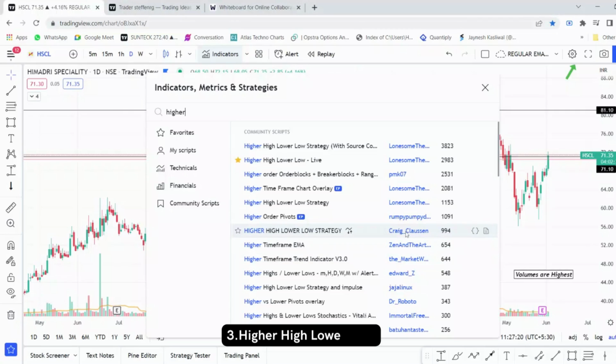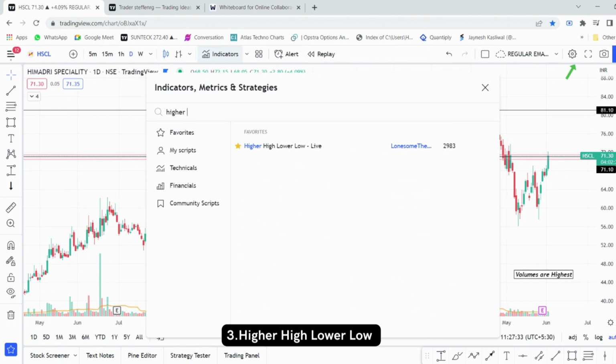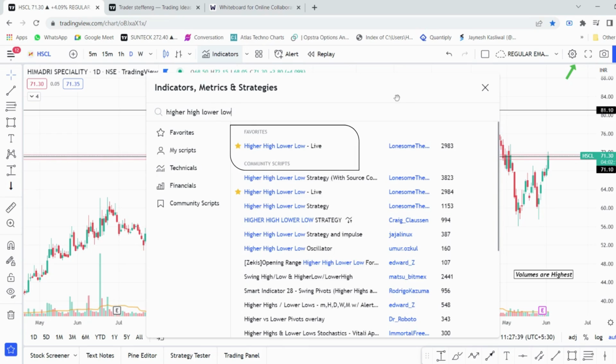The third indicator that we are going to talk about is the higher high lower low indicator, that also plots the higher high higher low. Now this indicator is basically used for trend following and momentum trading. Now we are going to type higher high and lower low. Once you type that, you will see a lot of indicators by that name. We are going to select the one by lonesome, and it has around 2983 members using it. So as we click on that,